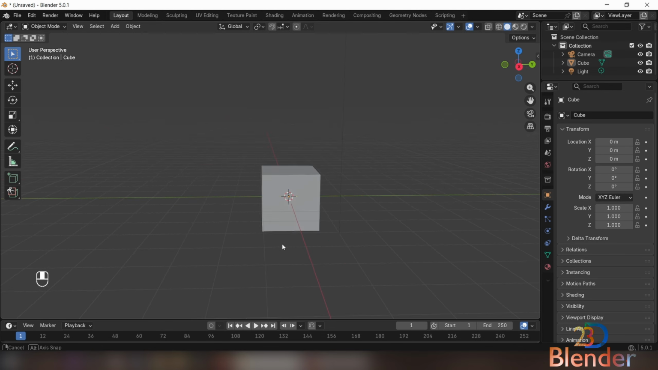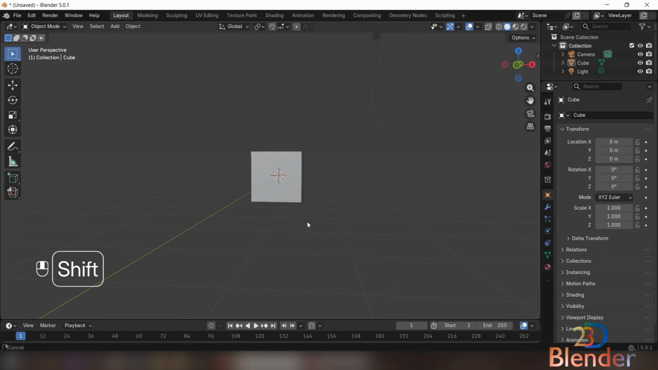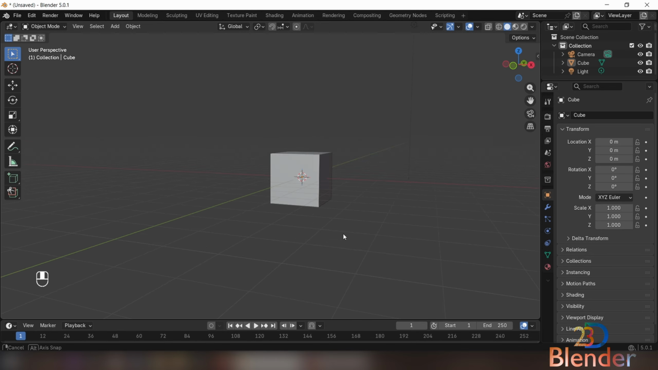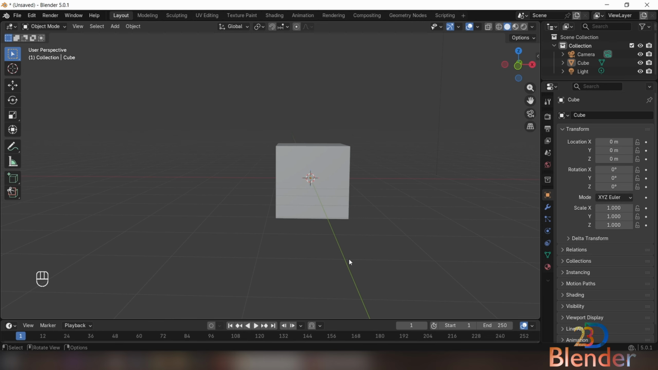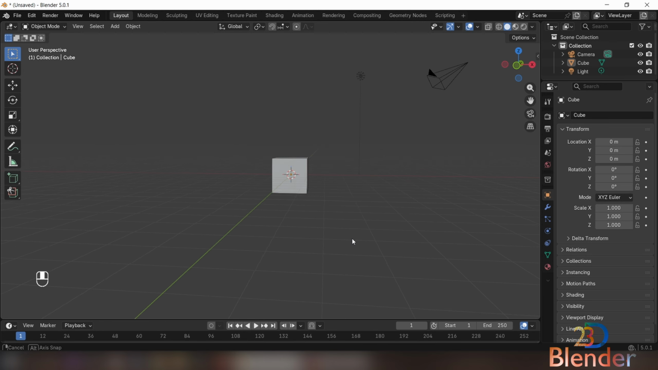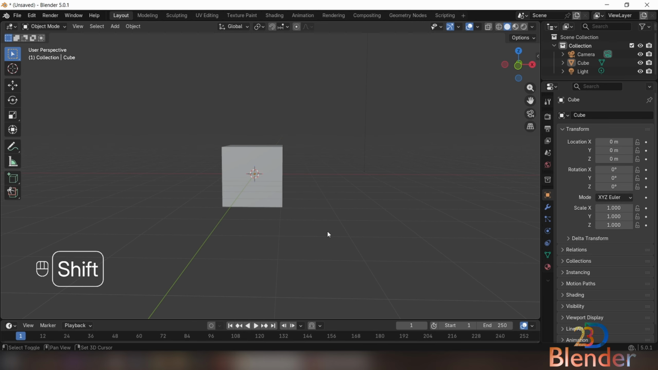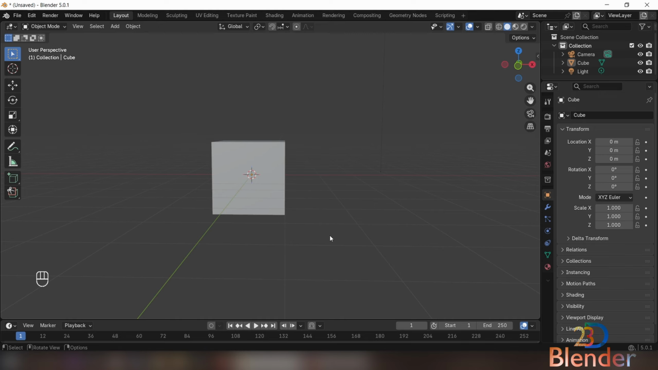With this, I can move my cube or my viewport, but my rotation will be disabled. Scroll up to zoom in, scroll down to zoom out. It's that simple. Now let's just say even after that you're adamant you do not wish to invest in a